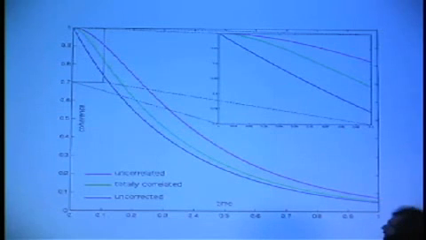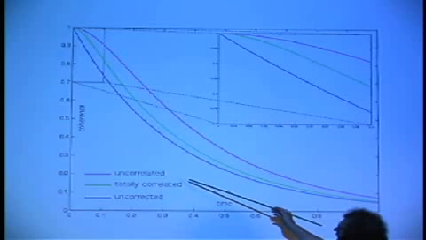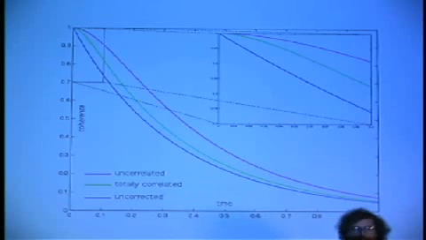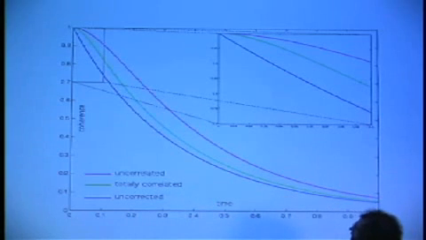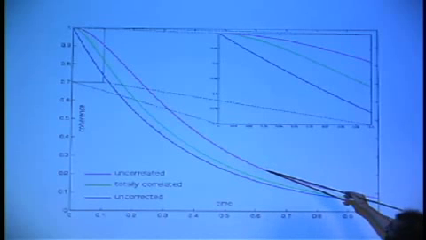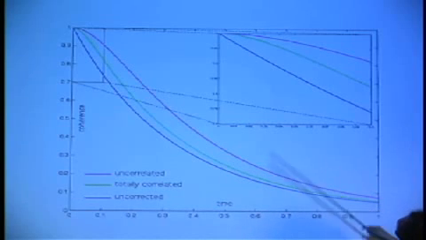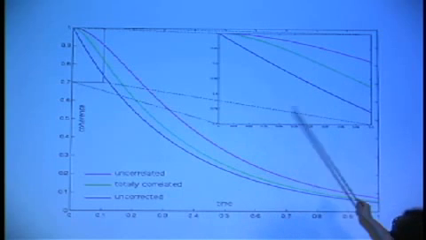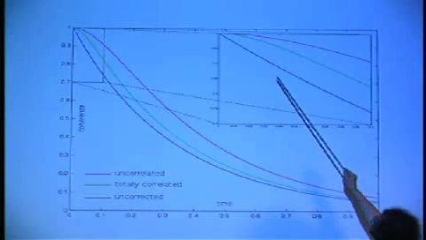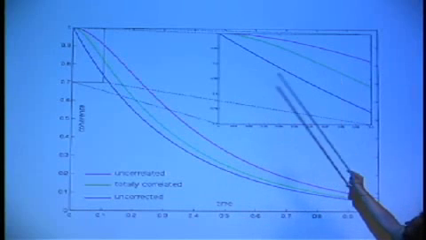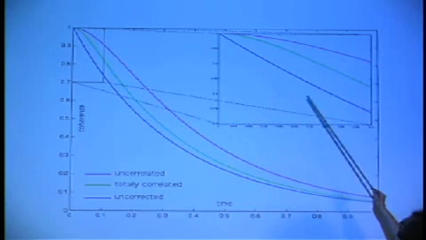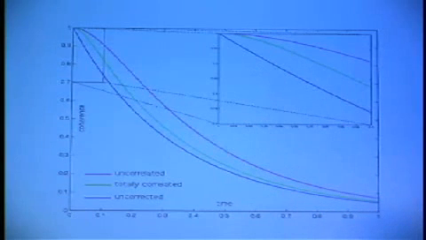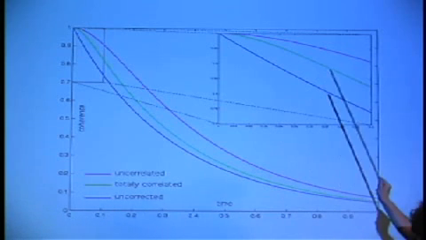And I have to worry about two different cases here. I would need to worry about having a totally correlated error, that all the spins flip at once, or an uncorrelated error. If I have an uncorrelated error on the three spins, and let's just look here at this blow up, as a function of time, and I apply quantum error correction, then we see that the initial slope there is flat. So we've gone from an exponential decay to a decay where we've suppressed the first order process. And of course, that's what we said with quantum error correction, that we would suppress the action of one error. So we remove the first order process.